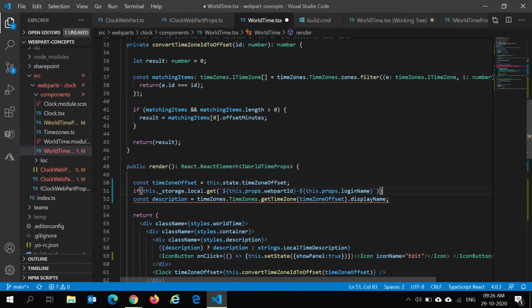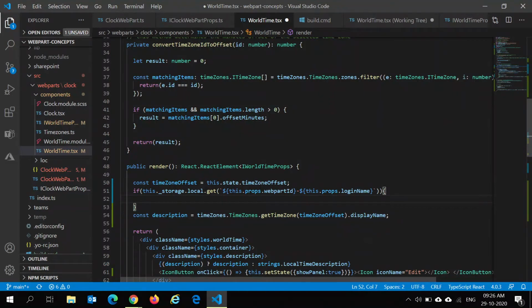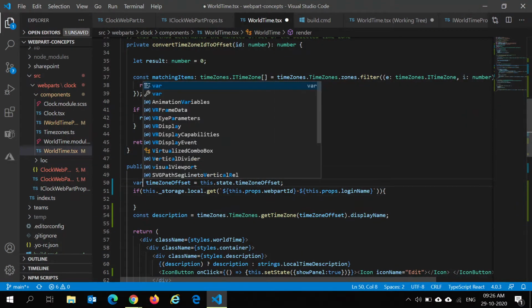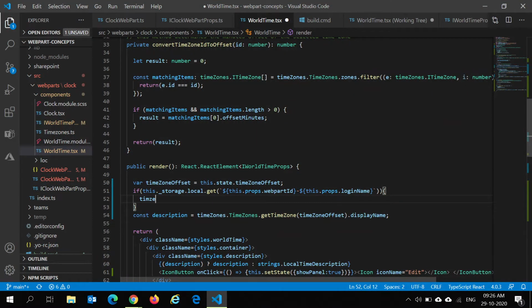Now, if this value is not null, so that is what I'm trying to do here. With the if condition, I'm trying to see if this value is not null, then let me change this to a variable. Then I'll set time zone offset equal to this value. So if it's not null, I'll get it from the storage, and if it is null, I have anyway assigned it from the webpart property.